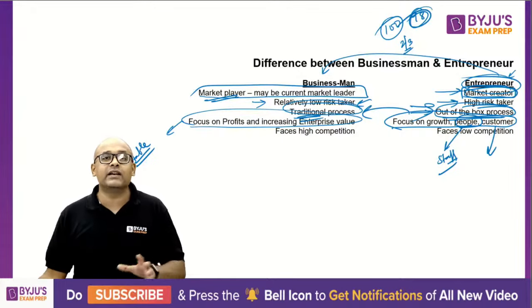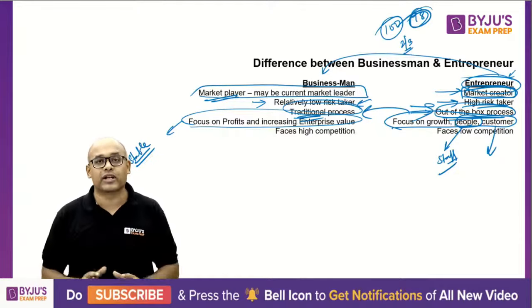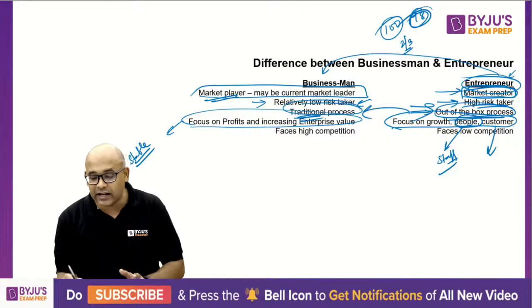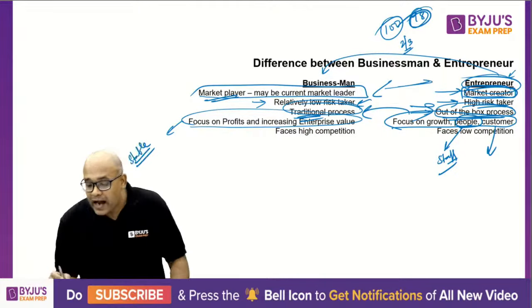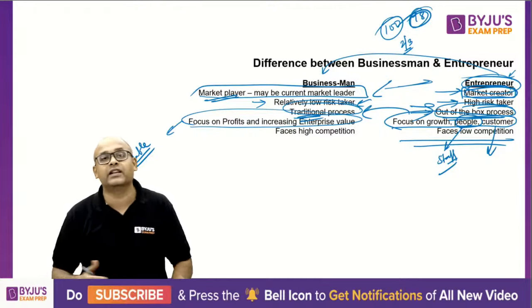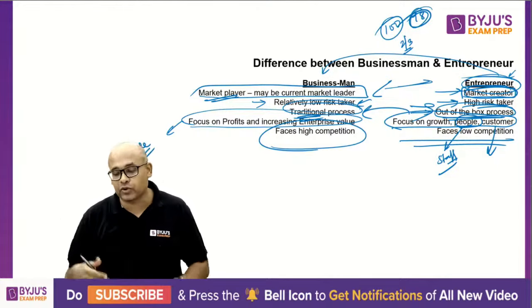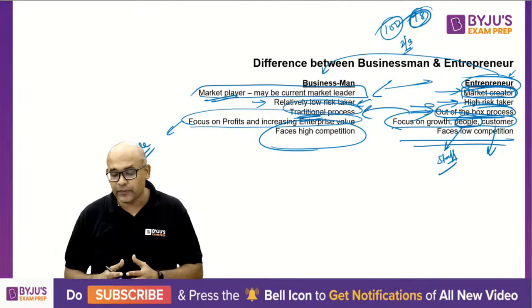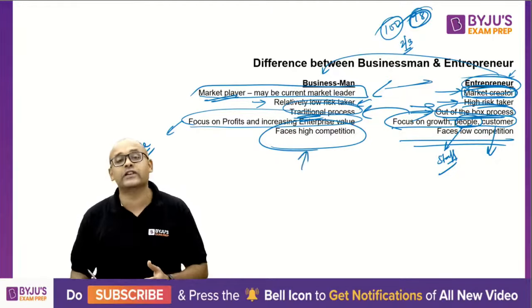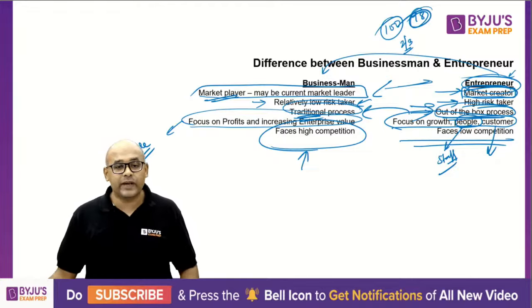Okay, I'm not saying that they'll give you substandard stuff, or that they will not worry about the customer at all, but I'm saying relatively. All these are relative comparisons, please keep in mind. And usually, as I said, an entrepreneur creates a market. Because you are creating a market, there is barely any competition. Whereas here, this is one of the players in the market, so they face a lot of competition. Clear? So this is the difference between entrepreneur and businessman.